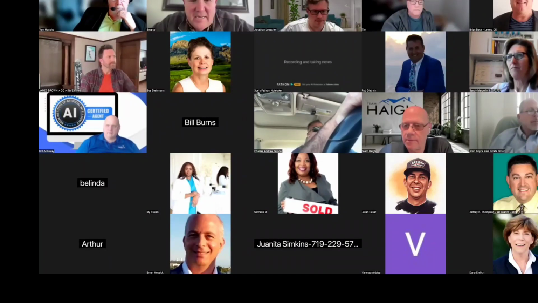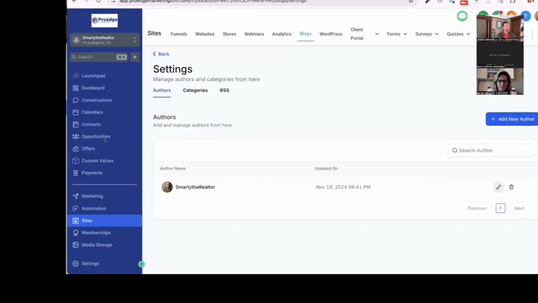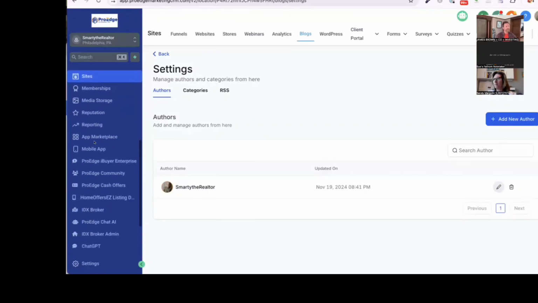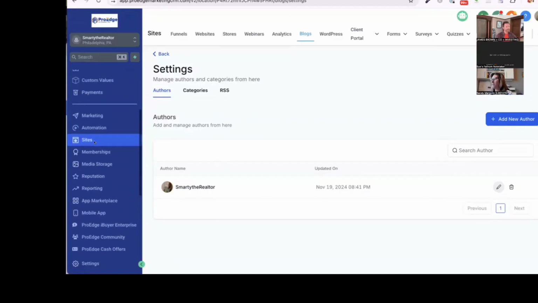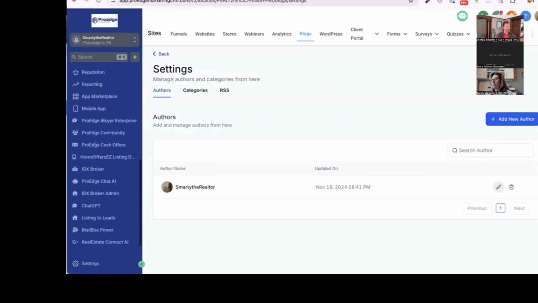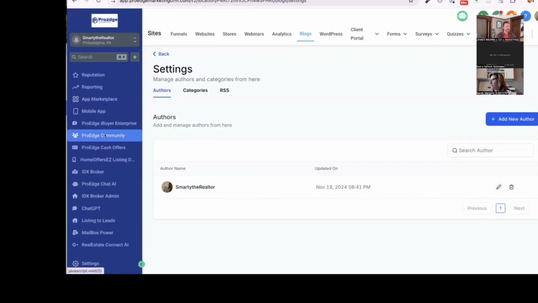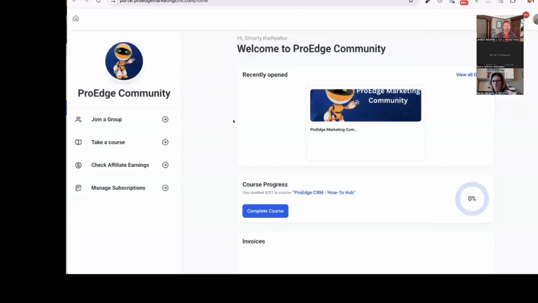Yep. So I'm going to troubleshoot. Let me just go through the new layout real quick. I have to jump on with Go High Level after I'm done, because I thought I removed everybody, but some of you are still seeing 6. If you go into the community now, you see the community page. When you click on take a course,